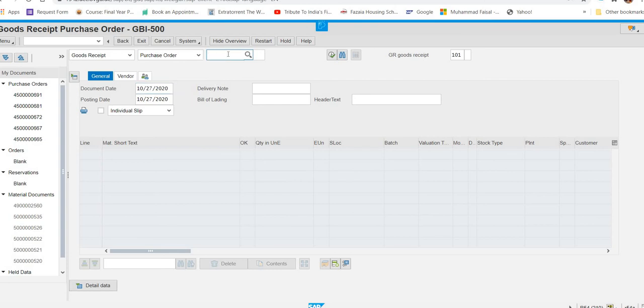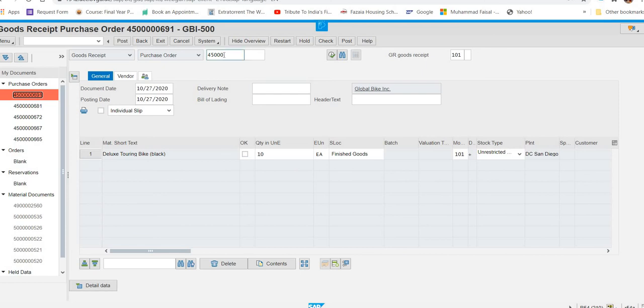My stock transport order number was this one, 45, I think, 50691. Okay, and then press enter.